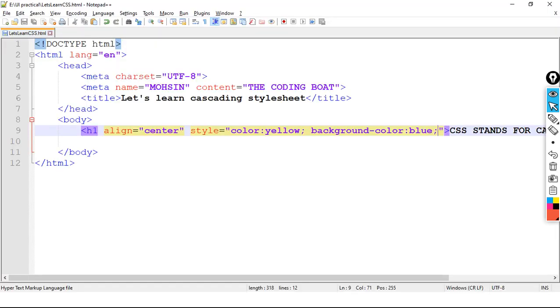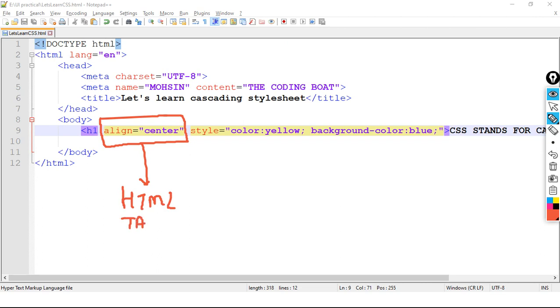Okay, now listen carefully to what I am going to tell you. This is very important. Developers or students get confused while writing the HTML tag and CSS style. See here, this is the HTML tag, or we can say element.